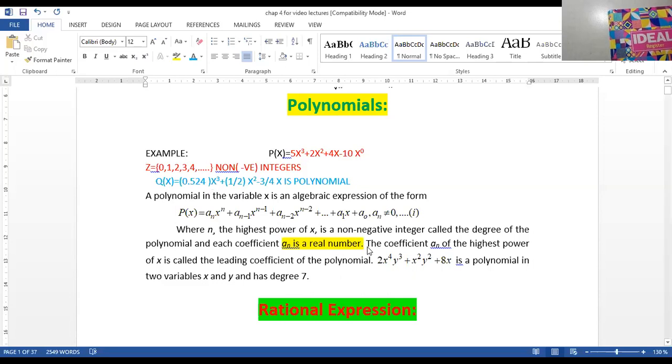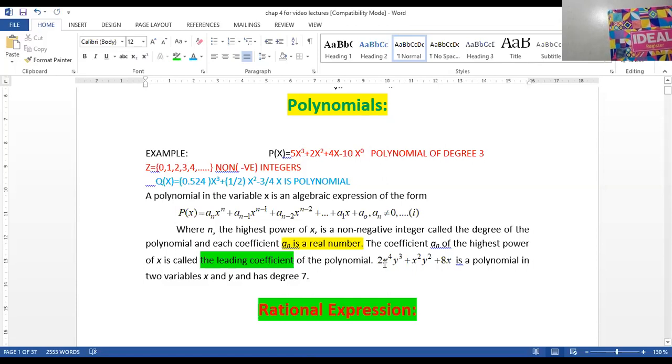Now, we come to the next definition, that is called the leading coefficient. If I highlight it for your convenience, what is meant by the leading coefficient? The leading coefficient relates to the highest power. As I explained here, in the above example, I can say that this is a polynomial of degree 3, because the highest or leading power is 3. If it is, for example, 5x to power 4, then it will be a polynomial of degree 4.